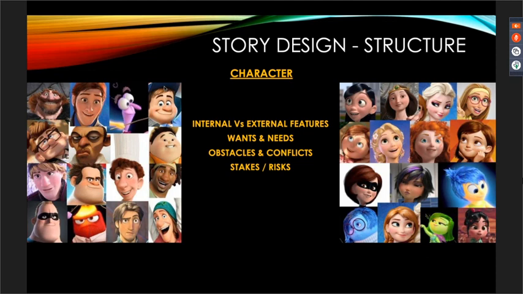Okay, the next is your wants and needs. If you have seen the movie Up, the main characters, the husband and the wife,